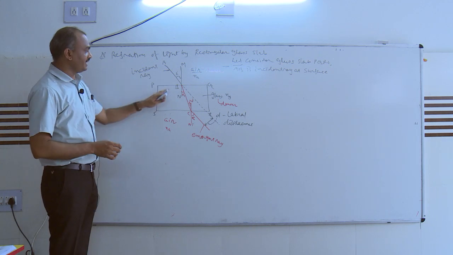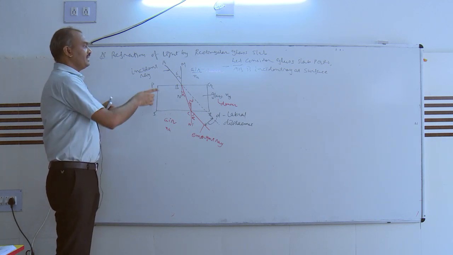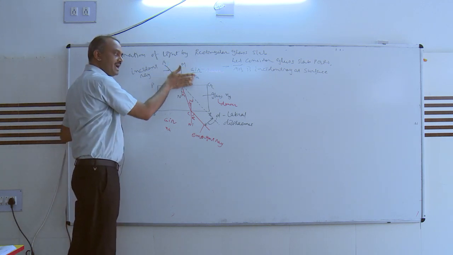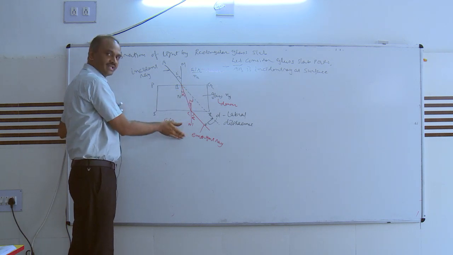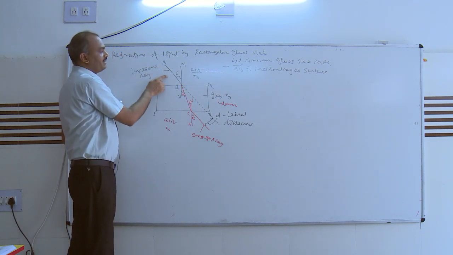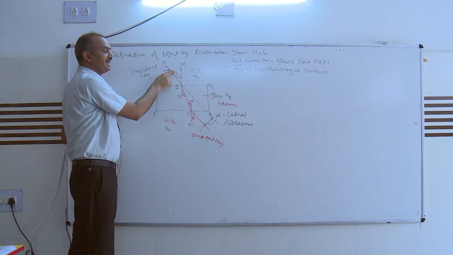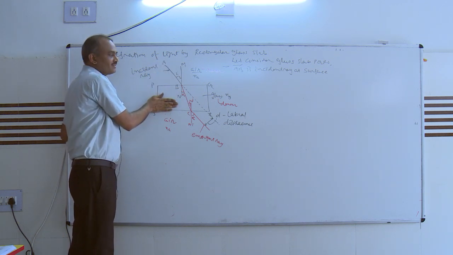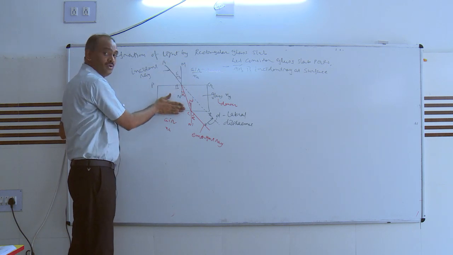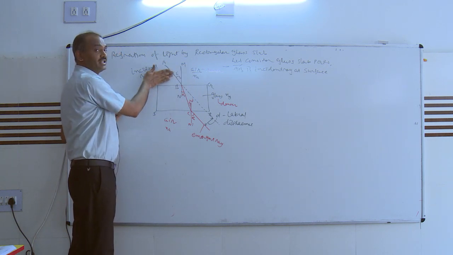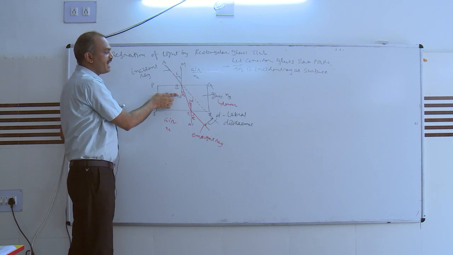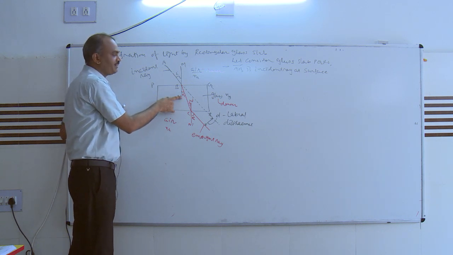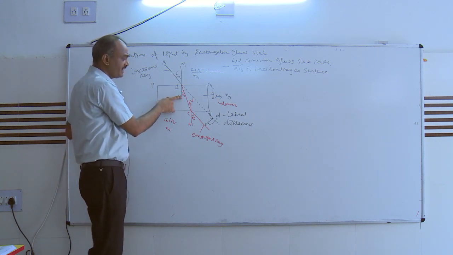Why does it take place? Just see over here. This media is air, this is glass, this is once again air. So this AB ray is the incident ray, making an angle I. Now this ray enters from air to glass, so it enters from rare media to denser media. When it enters from rare to denser media, it bends towards the normal, so it makes a refractive angle R1 over here.